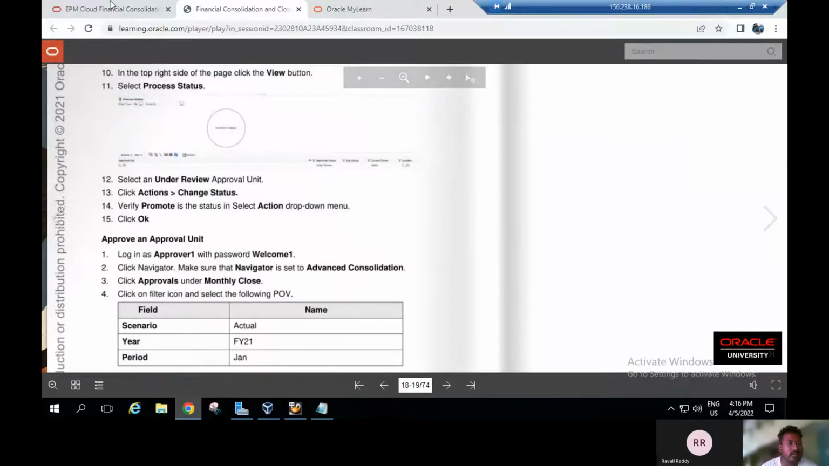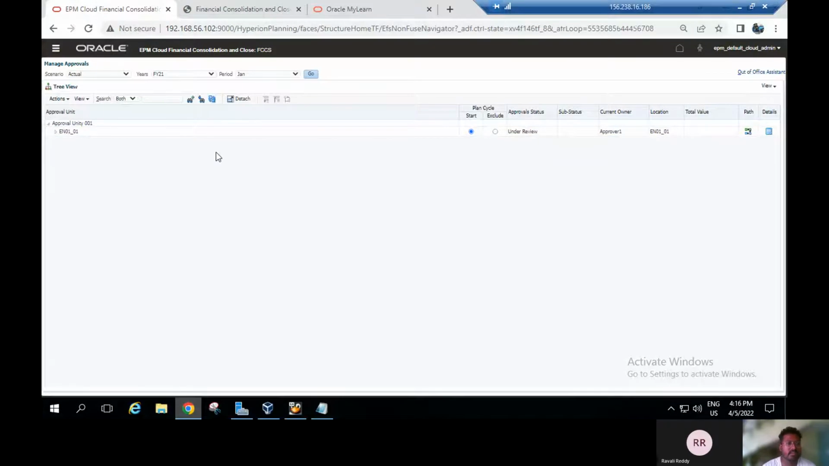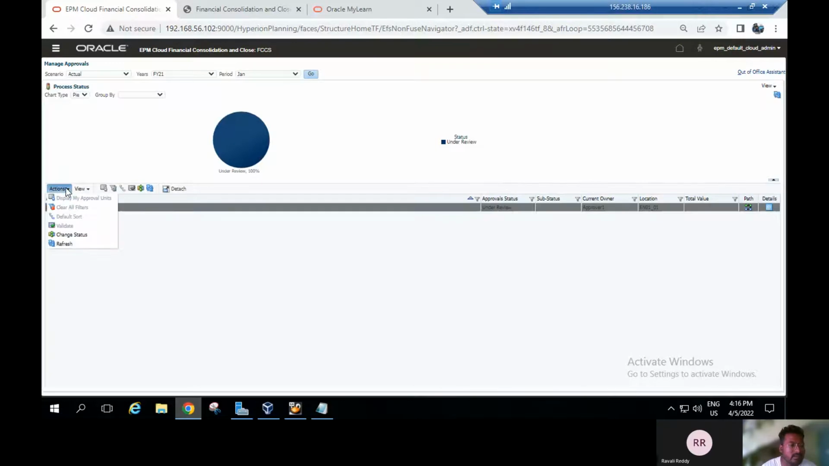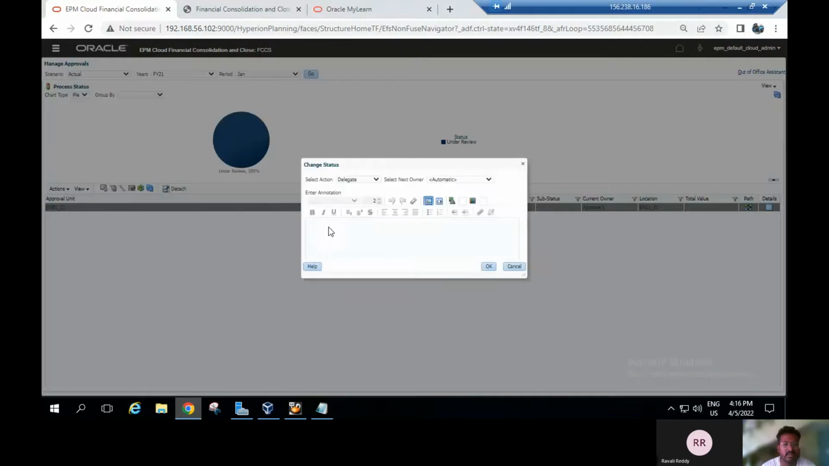Coming back to the document application, here you can see the process is under review, and click on the view, click on the process status. Here you can see the data and you have to select the en01 and select the action option. Under the drop down you can see change status will be there. You have to select the change status. Here you have to promote it. Click on